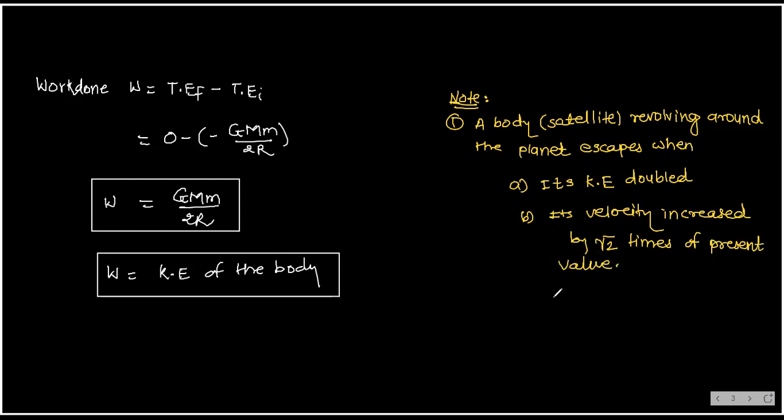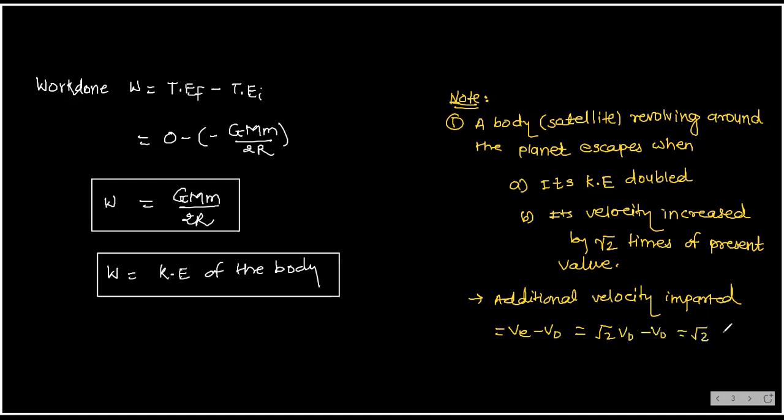See here. So the additional velocity imparted is equal to V minus V naught, which is equal to root 2 times V naught minus V naught, which is equal to root 2 minus 1 into V naught,